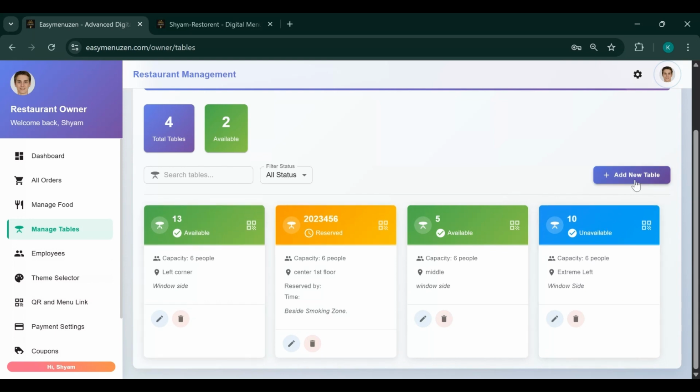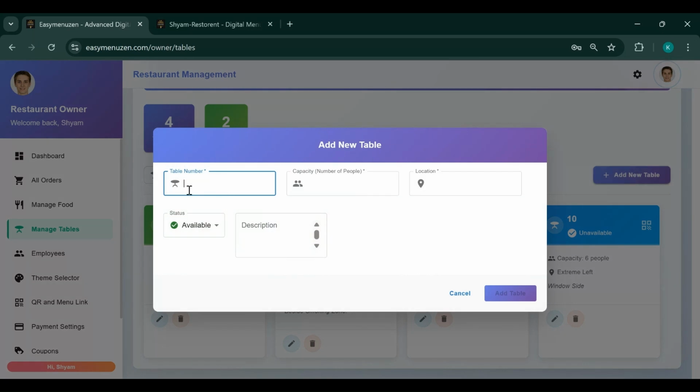So here if you add a table, for example, table number 14, capacity 6 members can sit, or else 8 members, whatever the capacity of the table. And the location you need to give correctly, for example, extreme right corner,